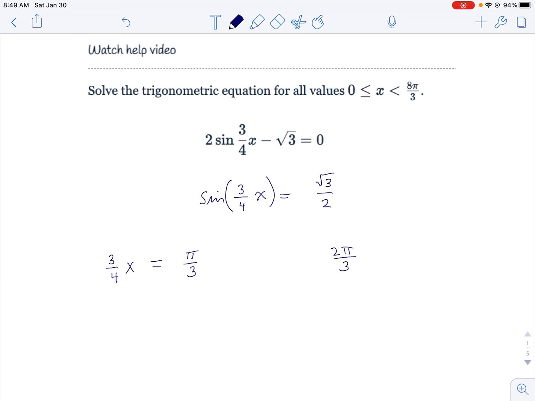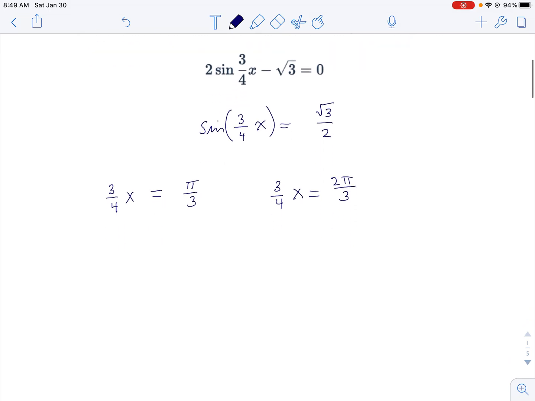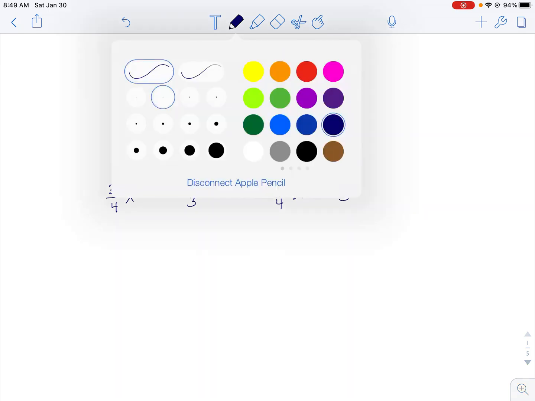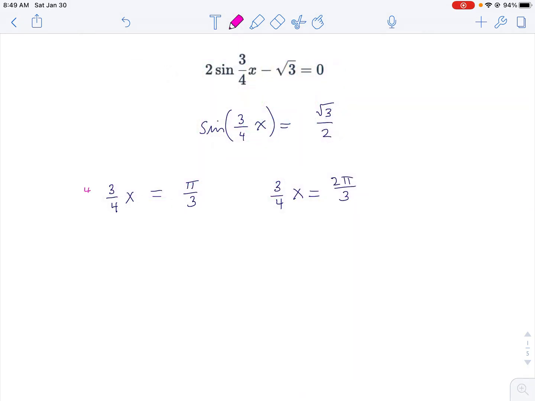But it's not x equals that, it's 3/4 of x. So I actually have turned this into two equations. 3/4 x equals pi over 3, and 3/4 x equals 2 pi over 3. And of course, to get rid of 3/4 for both of those equations, I have to multiply by 4/3. Multiply by 4/3. And if I do that, the first equation